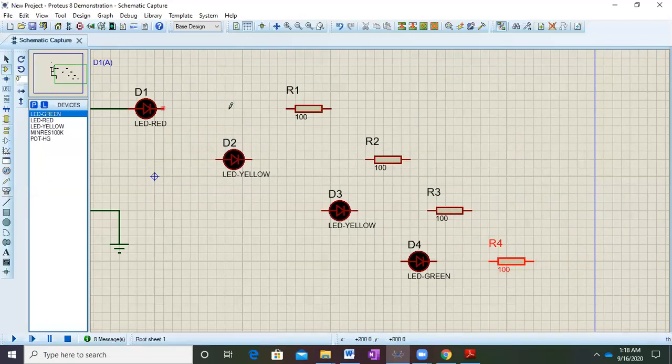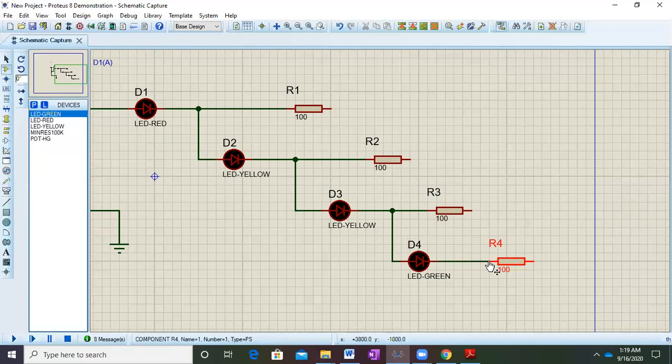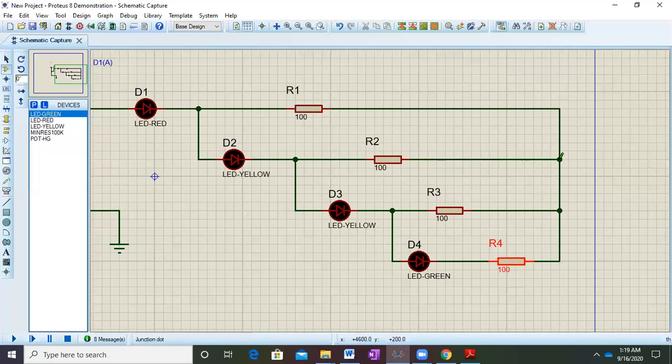So now let us join them with a wire. So here it goes. You just need to connect them together. That's it. It will take less than a minute to connect them. It's very simple in Proteus, basically. And lastly, we need to join them together now from here. We can take this and connect them like this. Whenever there is a connection, this dot will come. That will indicate that there is a connection over here.